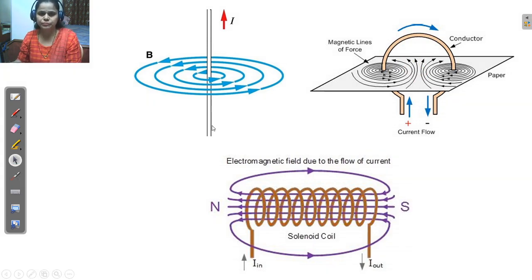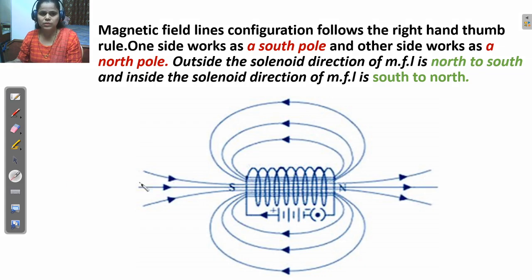Just consider, if you look from this side, that means where S is written, from this side the direction of the current is the clockwise direction. You can see here in this battery, here the plus terminal, and the current flows from this side. That means the current flows through the solenoid in this direction. So if you look from this side, the direction of the current is clockwise. So this is the south pole.